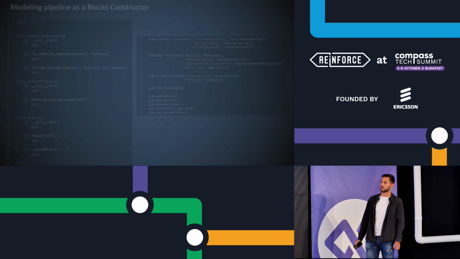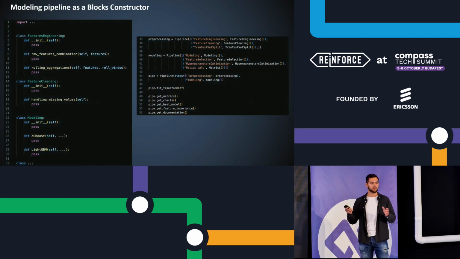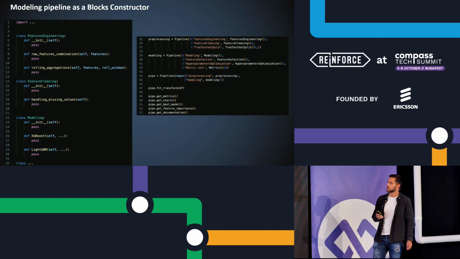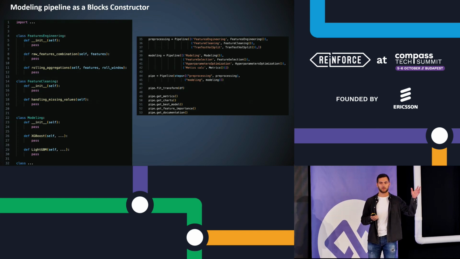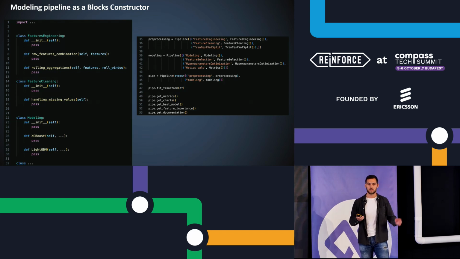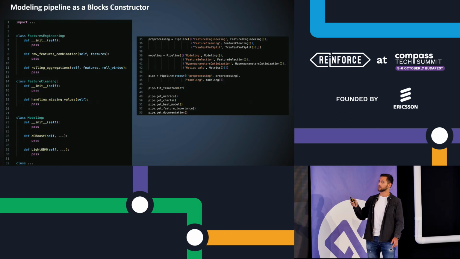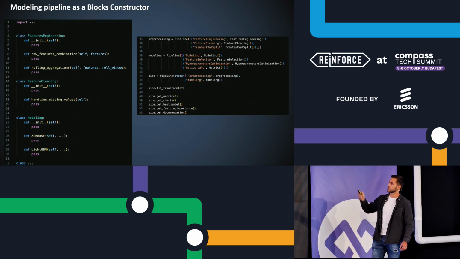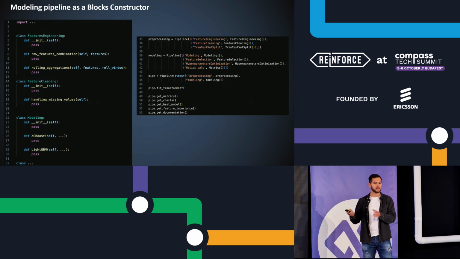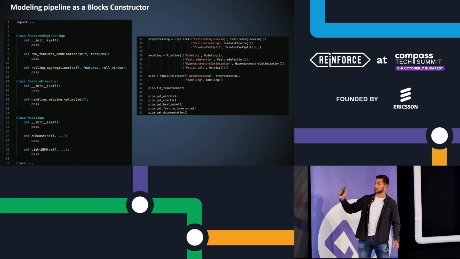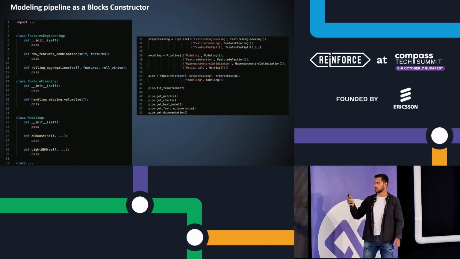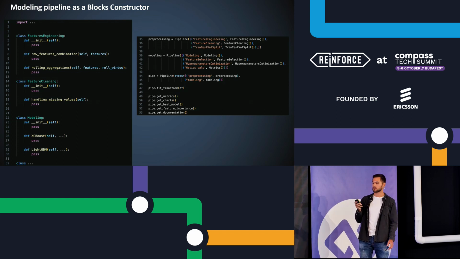How can we do that? We can easily think of some kind of pipeline. For sure, it's not a production code. It's just to showcase the methodology. Like we create different classes, like a feature engineering class. Then we have different functions of feature engineering. Then feature cleaning, we have different functions for it. Then the modeling part, different functions. And then we can aggregate them into a scikit-learn pipeline, or we can do our own pipeline. And there we will get a get metrics function, get charts, get the best model, get feature importance, get documentation, which is very important for us.